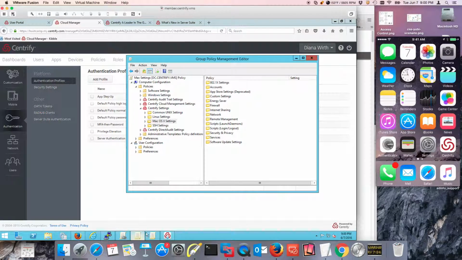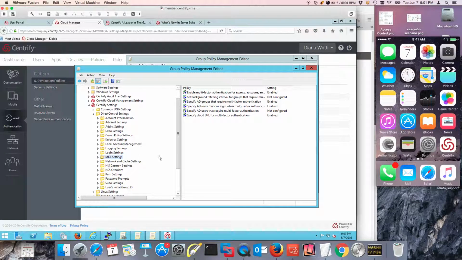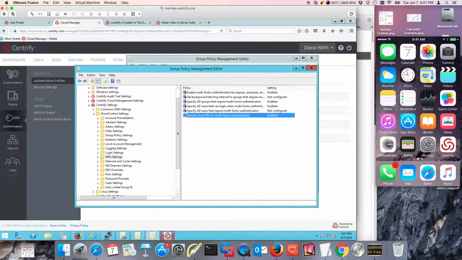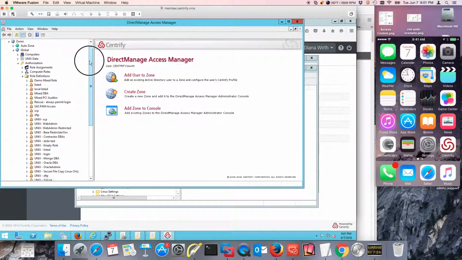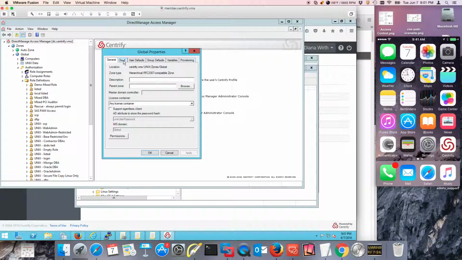Anyway, so the way it has been implemented is with parameters. I like to show typically GPOs because GPOs are kind of easier to manage. So if you notice now when you look at the Centrify Direct Control settings, you're going to see an MFA settings folder, right? So under MFA, you're going to be able to specify the cloud URL, right? Before, if you're using zone mode, you can specify the cloud URL just using the properties of the zone, right? So,